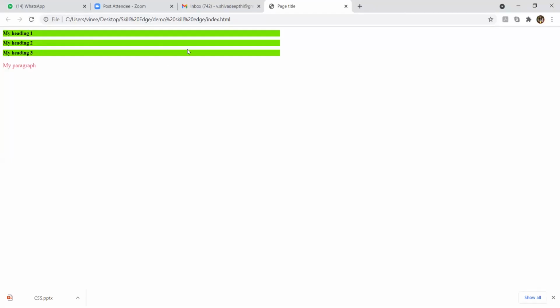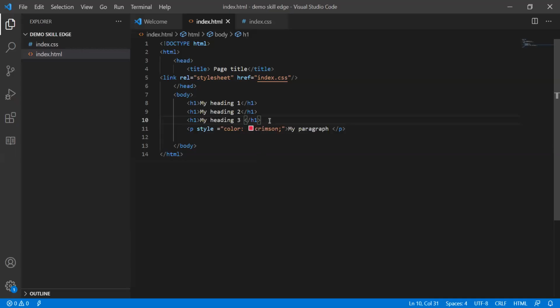And if you see the problem here, whatever CSS we have applied previously is applied to all the H1 tags here, right? But what if we don't want to apply it to all of them? We only want one to be applied. So using these HTML names, we cannot do that. So let me show how we can apply the CSS for only one particular HTML tag.